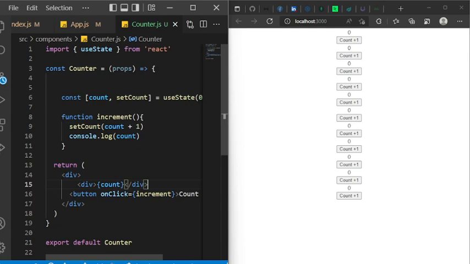So which means that this count thing here can be dynamic, right? We want to change it based on the value we are trying to set, right? Good. So what we can do here now is